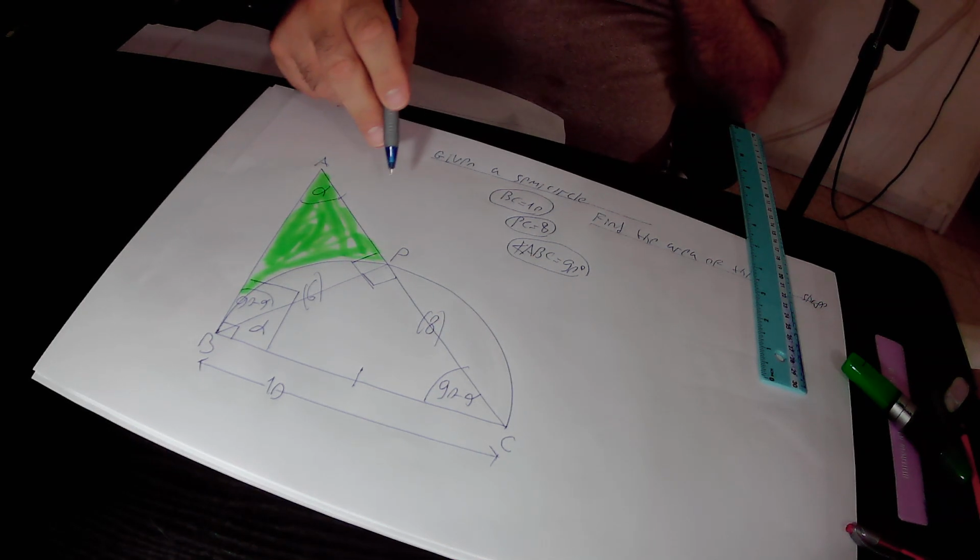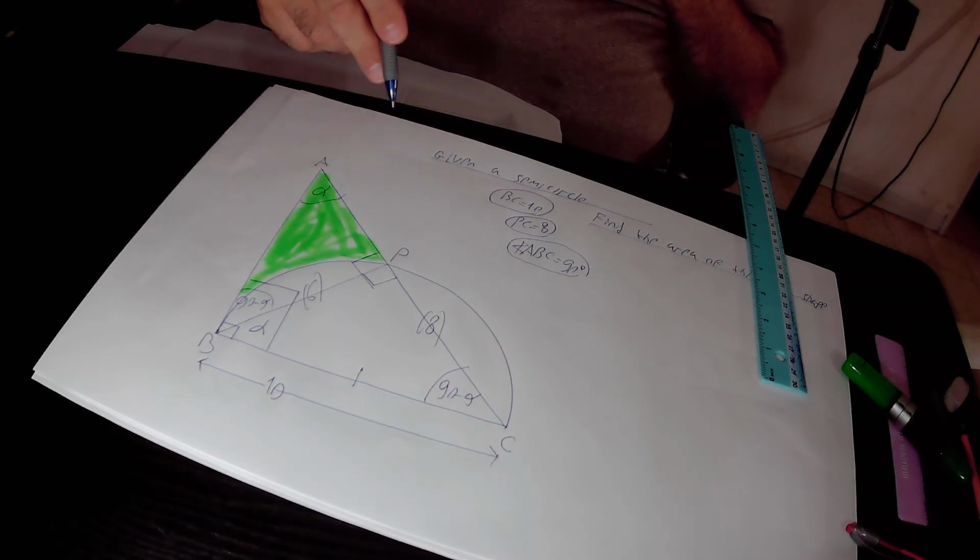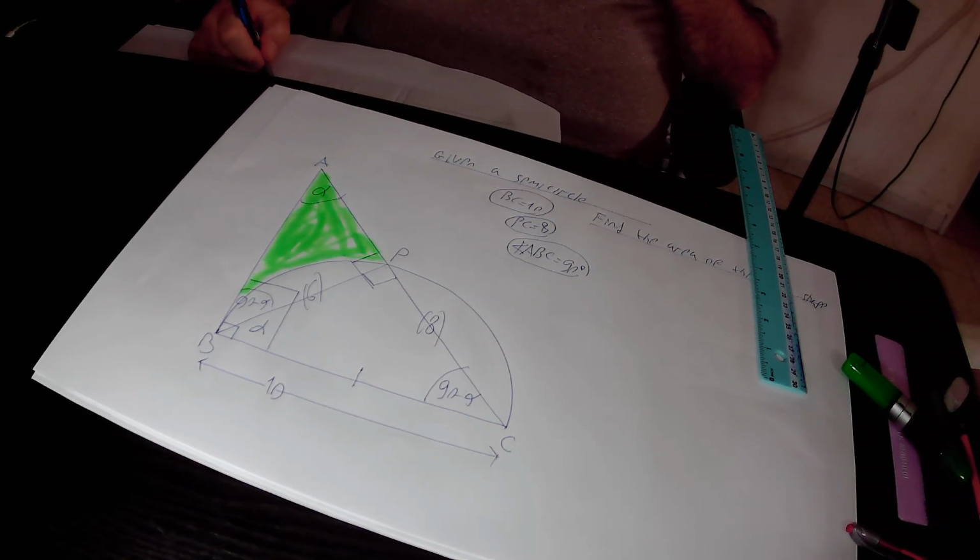Actually, side BP or side PB is the common side that belongs to both triangles. And also, it is equal to